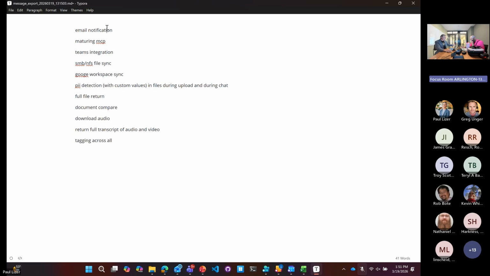Some of these other capabilities: notification. We're continuing to improve notification, imagine, for doc or chat conversations. When you have a conversation that's taking a while, as you start working with agents, it's going to take longer for those responses. You can navigate away, be informed, and then return back, and kick off multiple conversations at the same time. Maturing the MCP, Teams integration.